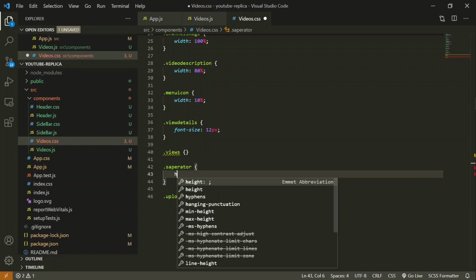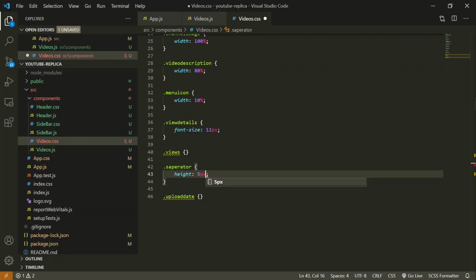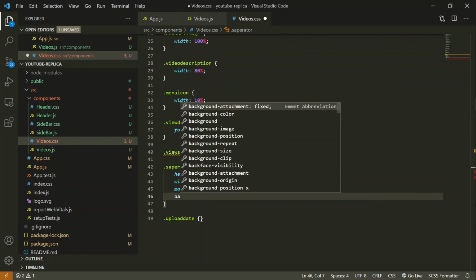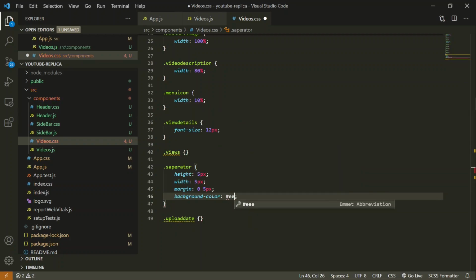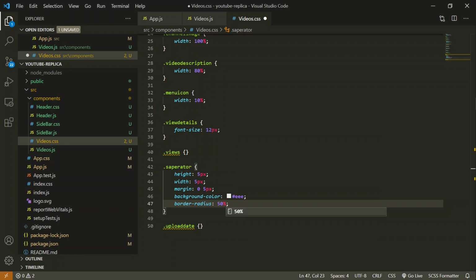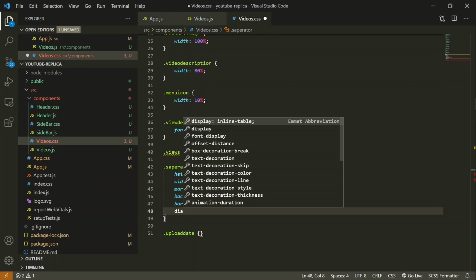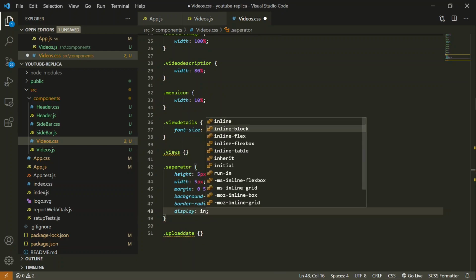We will say that we need something of height 5 pixels, width 5 pixels, margin as 0.5 pixels. So we have to give it a background color which will be gray again, and then we have to give it a border radius. As we need a circle, we will give the border radius of 50%, and to display it in line with others we have to give the display as inline block.